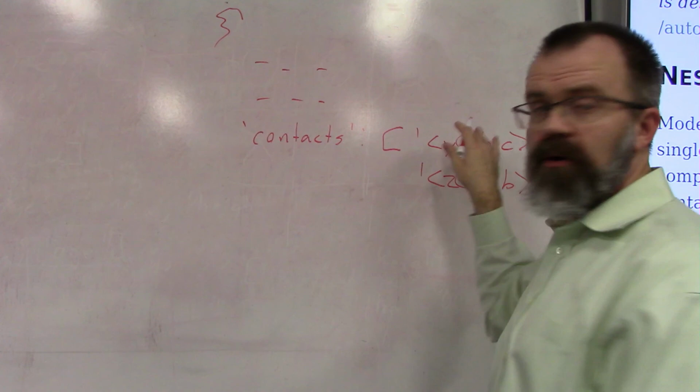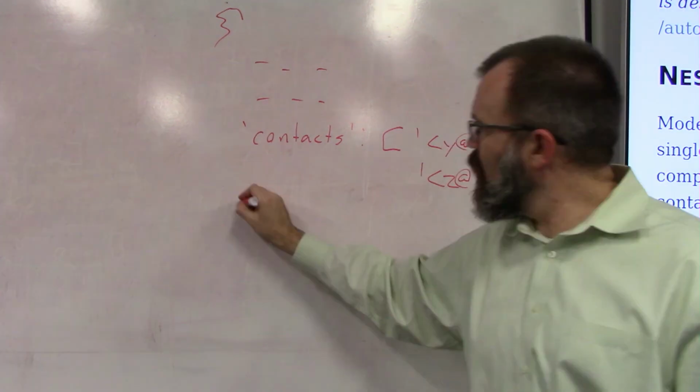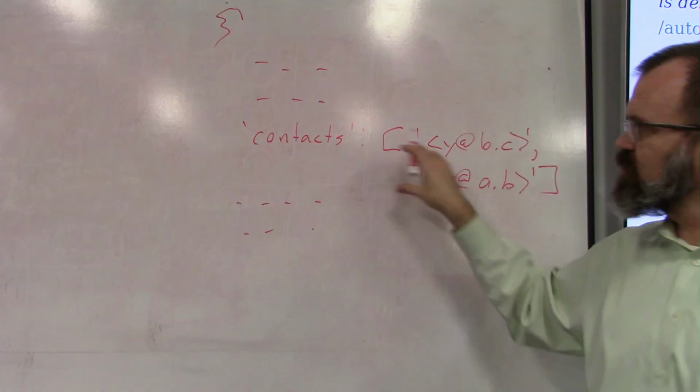And so on. And then you would have other entries after it, which would also be key values. The point is that